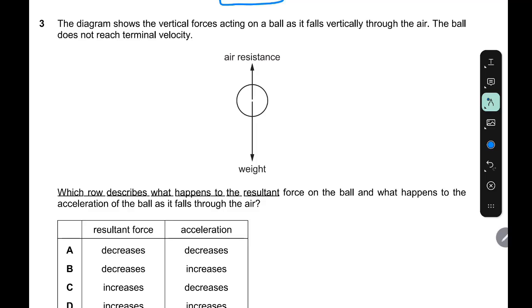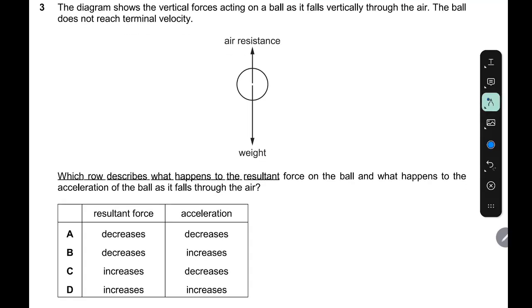The diagram shows the vertical forces acting on a ball as it falls vertically through the air. The ball does not reach terminal velocity. You have two forces, weight and air resistance. They are not equal, so you have a resultant force. Describe what happens to the resultant force on the ball and what happens to the acceleration of free fall. For the resultant force, here,